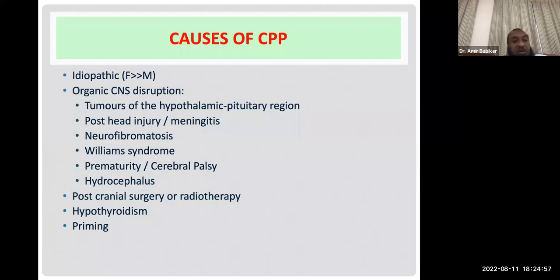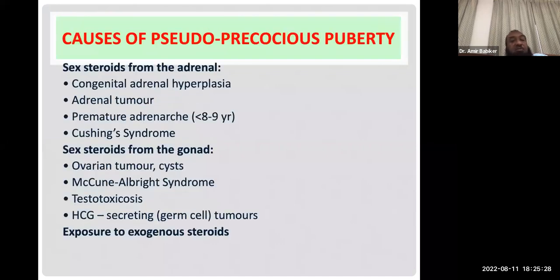كويس central وperipheral ده in general. طبعا انا لما قلت الان CNS disruption ده more common في boys والidiopathic more common في girls. ده في precocious puberty. انا بتكلم الان عن precocious not delayed. الان في approach ثاني للprecocious puberty pseudo or whatever، is to find out انه the hormones causing these changes coming from where. فممكن تقول مثلا coming from the adrenal ولا from the gonad ولا exogenous.